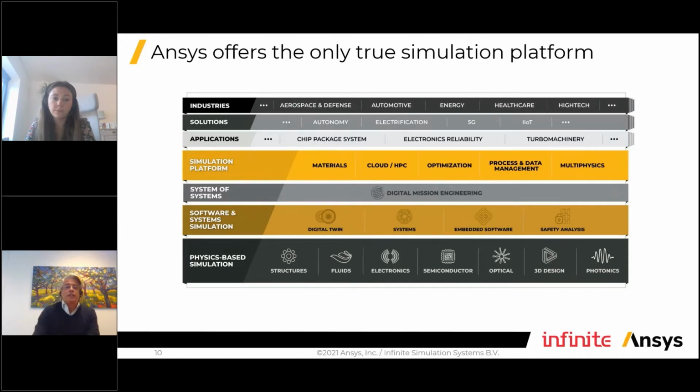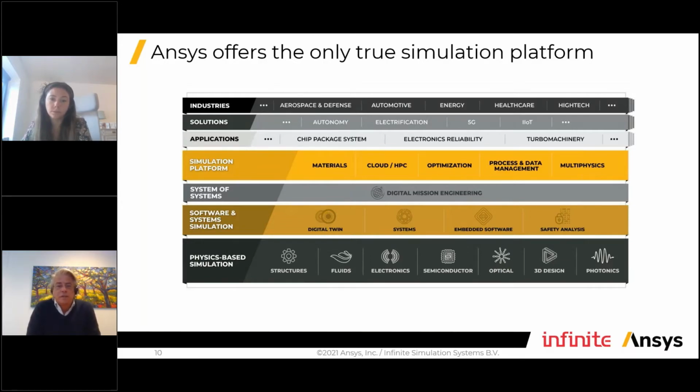Over the years, Ansys expanded quite a lot regarding the solutions they have to offer, and also the industries we serve, like aerospace, automotive, energy, high tech. Today it's more about high tech. We have solutions in all fields, for instance electro, and also electromechanical, fluids, all types of coupled physics, and some new things about photonics and safety systems, and everything is combined together.